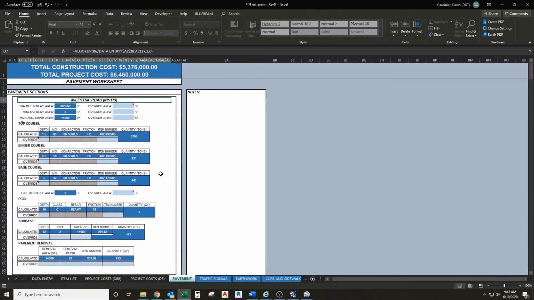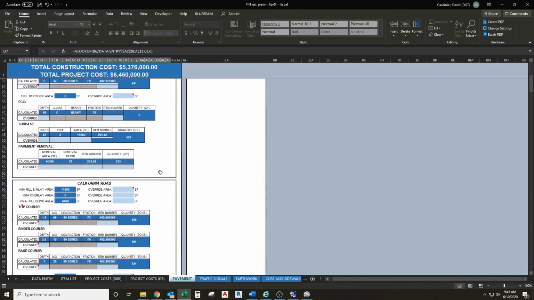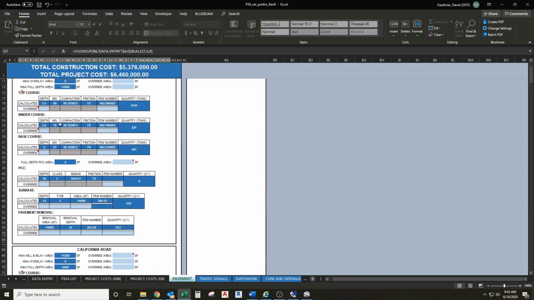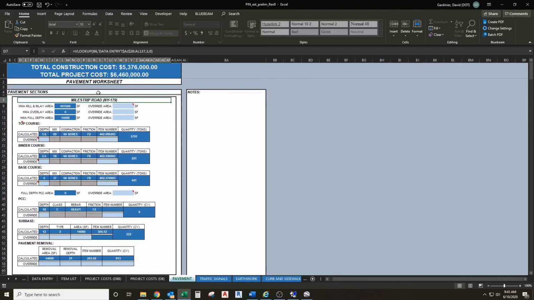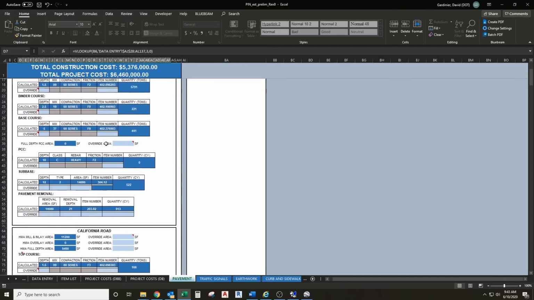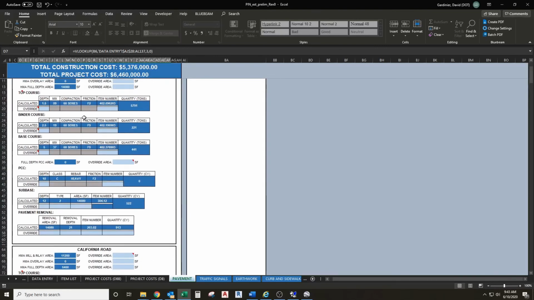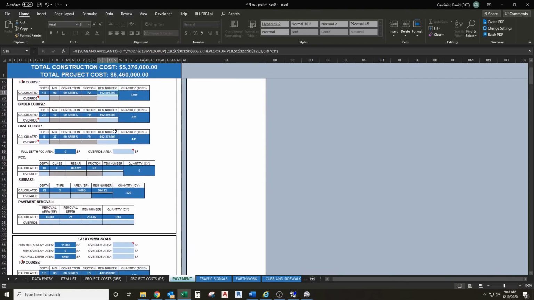So for our purposes here, we'll probably match the mile strip road for California Road here. So we'll use this item number